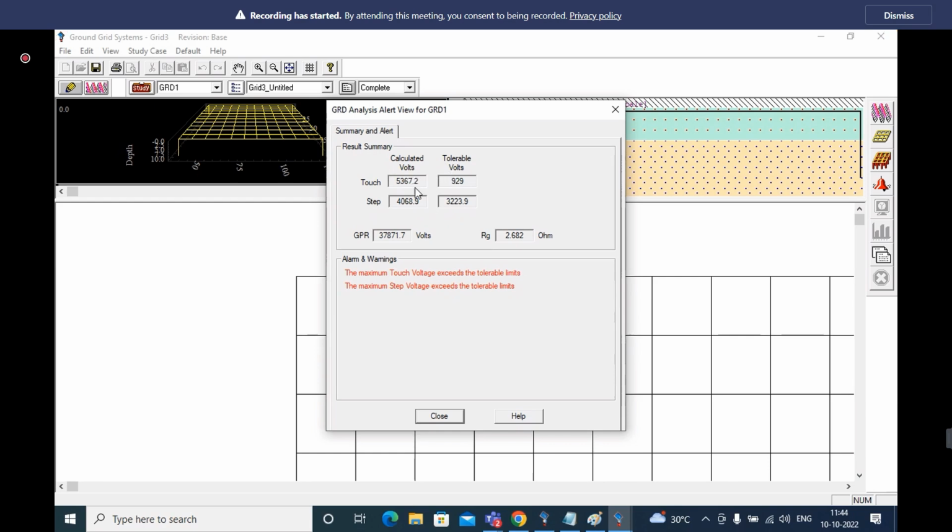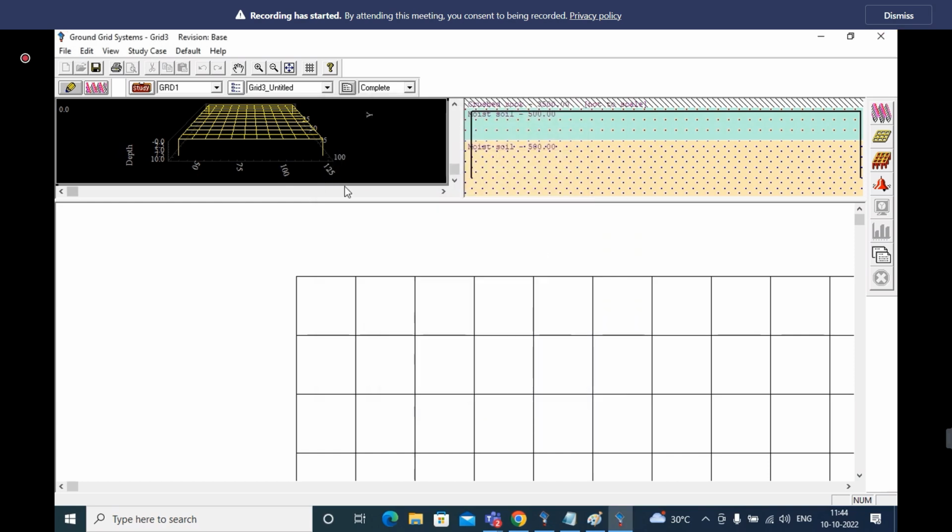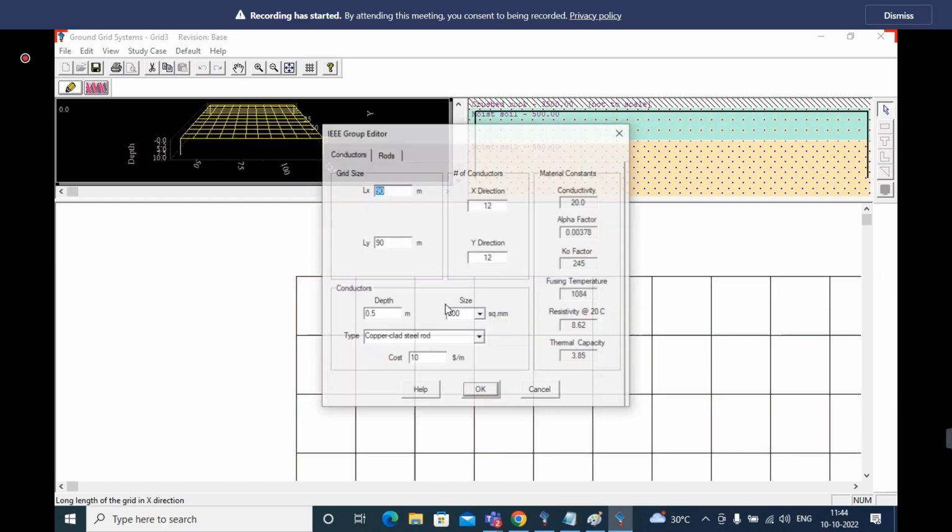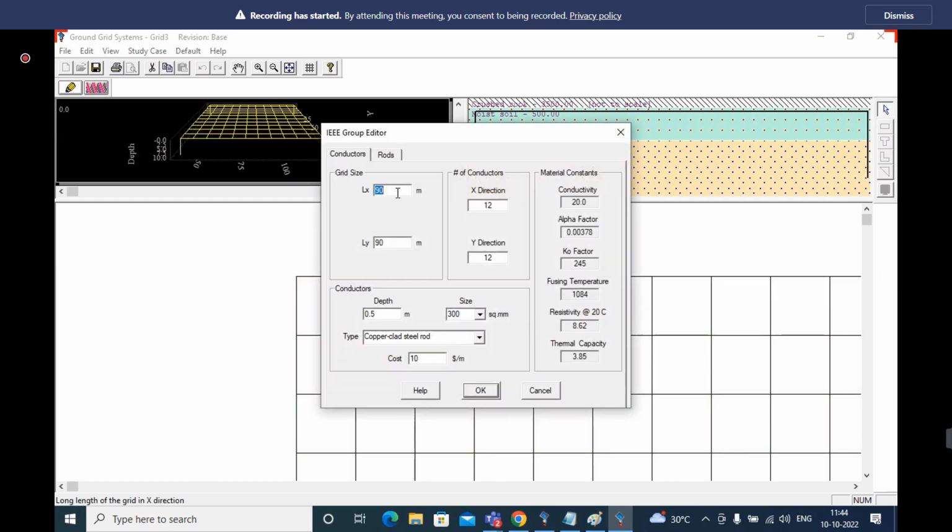For that we need to give more, and we need to increase the size of the grid also. Nearly 90 meter only I gave, right? I'm going to give 150 meter.